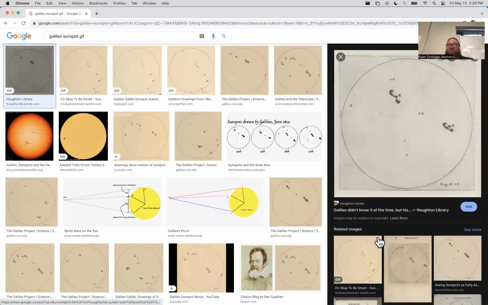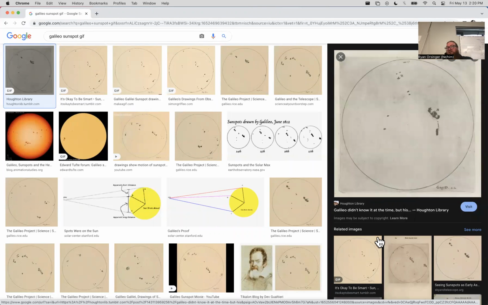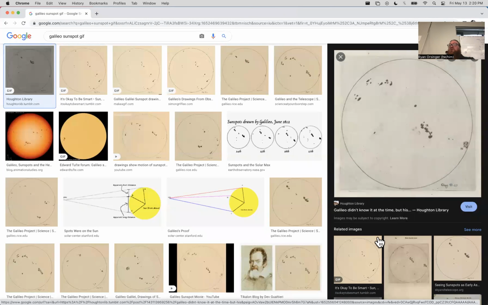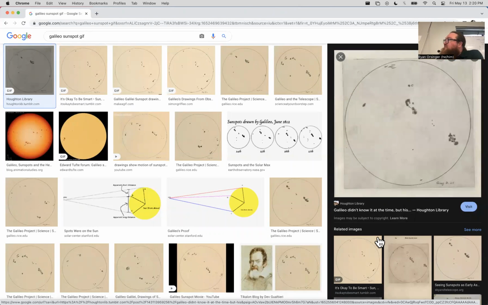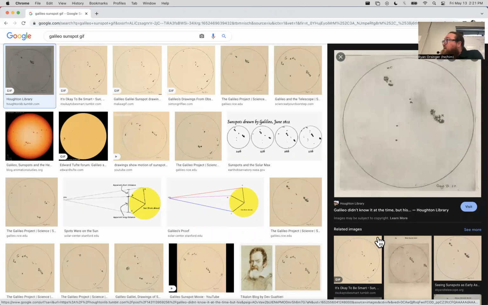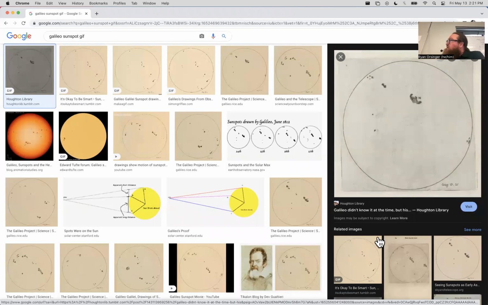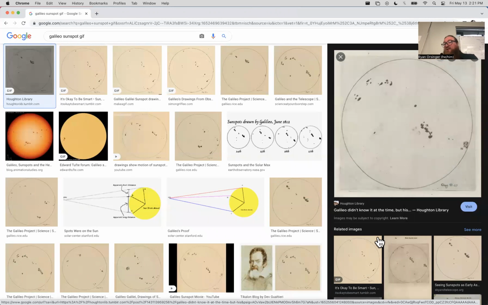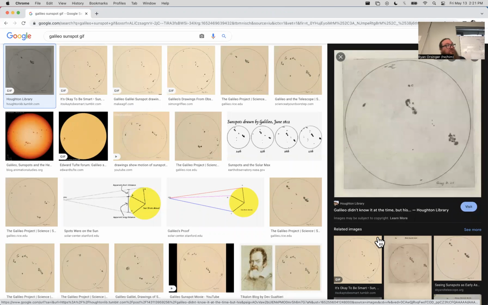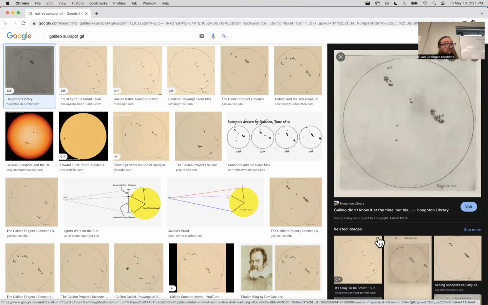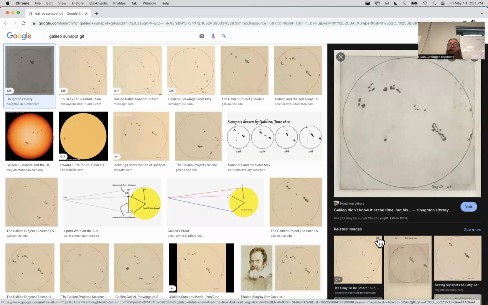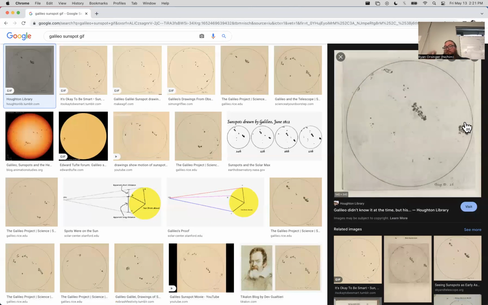Maybe this is a GIF. No? There we go. So Galileo Galilei turned the telescope from a tool of war and intelligence to a tool of science, and pointed his telescope at the sun and didn't go blind. He pointed the telescope at the moon and Jupiter, and discovered Jupiter's moons. The church loved him. What's going on with these panels right here?